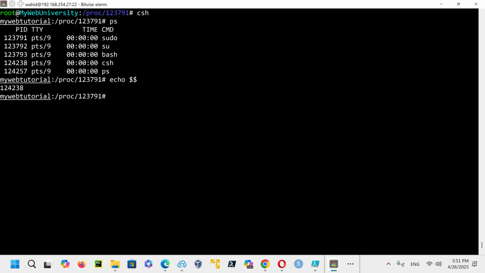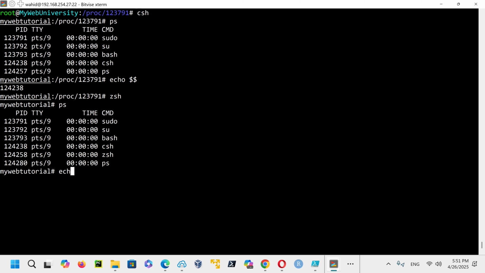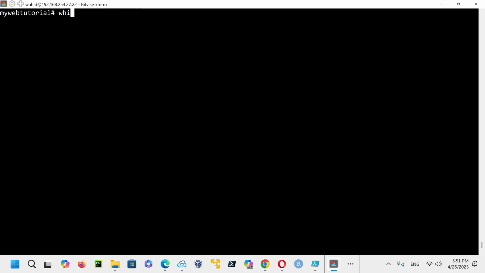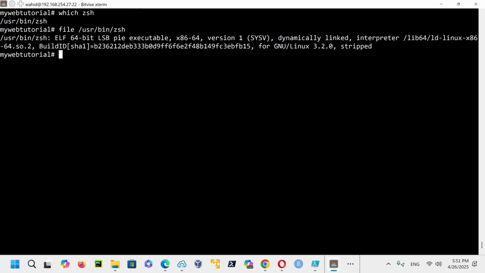If I say go to ZSH, then now I'm in ZSH, and then PS, and there echo $$ is a ZSH process ID number. So since I'm on the Z shell, you can say file /usr/bin/zsh, and now ZSH is that.